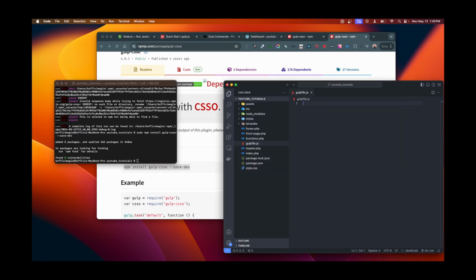So now that we have that installed, we need to load these packages into the gulp file. So the first thing we're going to load is the series, the watch, and the parallel. These are functions that come with gulp. So we're basically going to be loading those, and we're going to load gulp itself,